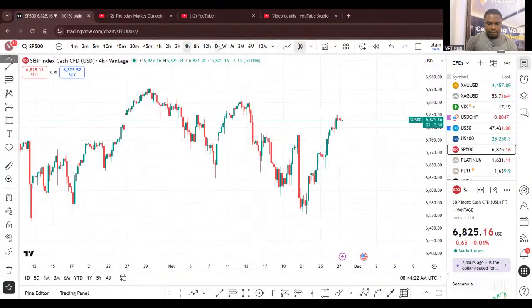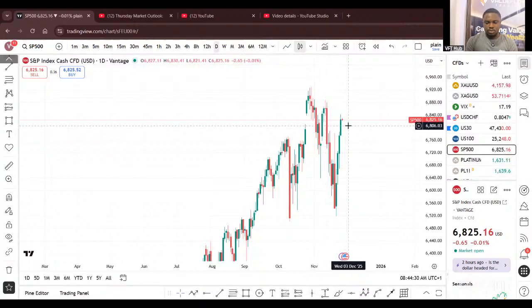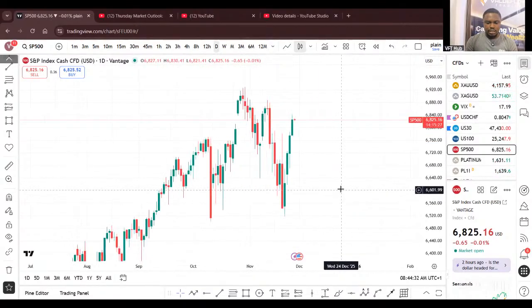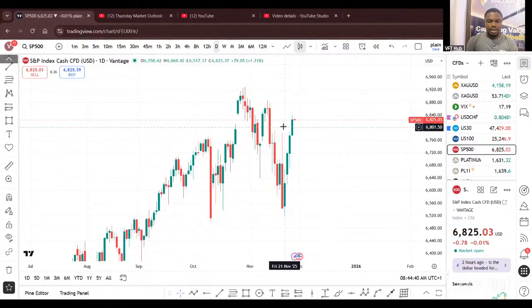On the daily time frame, this is a fair value gap. Price has already reacted off everything. So we should expect a meltdown from this zone to the downside if we want to see that sell. However, if the market is still bullish, like everywhere is significantly bullish, then we'll see a break above this to the upside. It's just a thing of having both setups in mind and then dividing your risk into two so that I can take